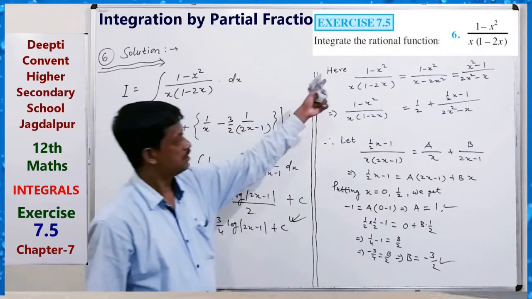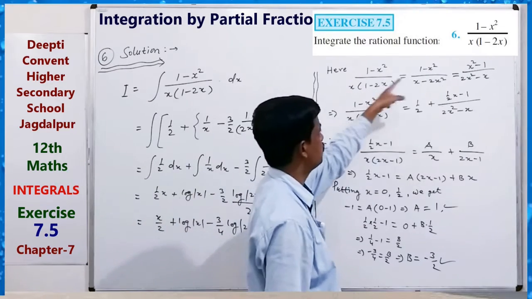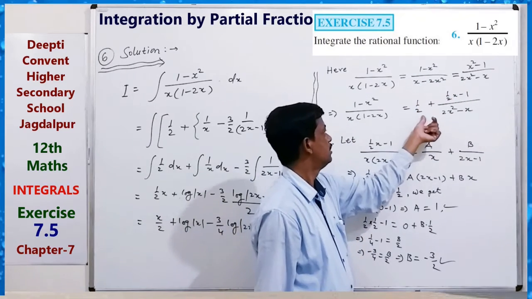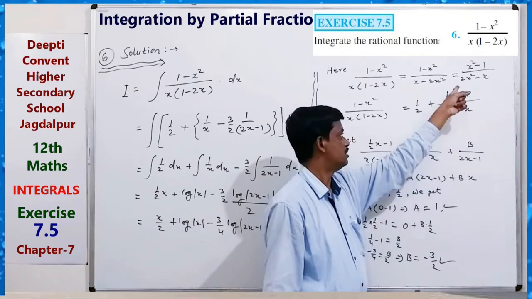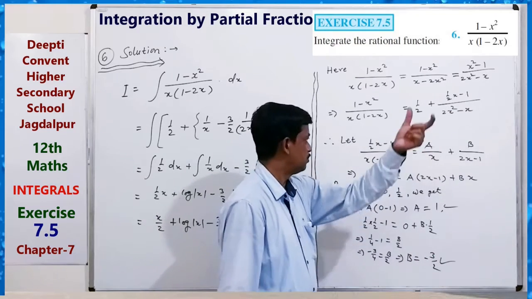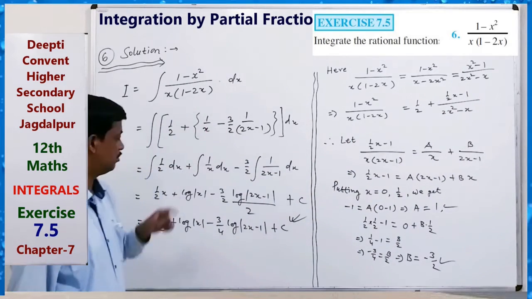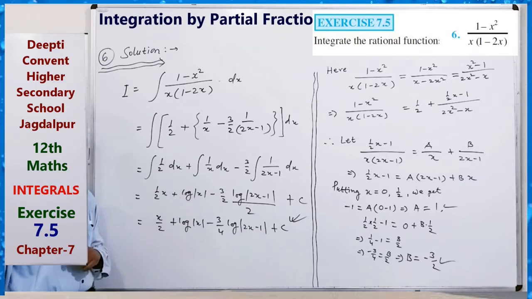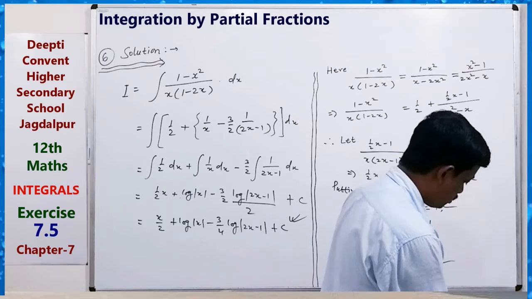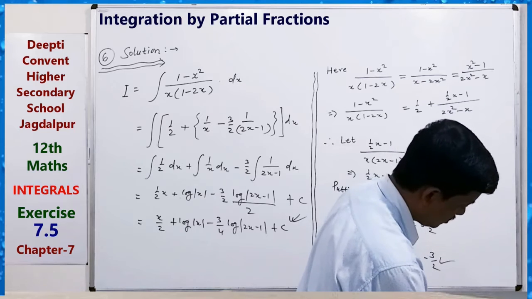So the main thing is partial fraction. Here the degrees are the same, so we have to divide. We can write this as this, this is equal to this. The second part is this after division. Here is a proper fraction, so this should be factorized by the method of partial fraction. In place of this, we write half plus this, half plus this. Now separate it and integrate directly. So this is the answer. Question 6: x by 2 plus log mod x minus 3 by 4 log of 1 minus 2x plus c.